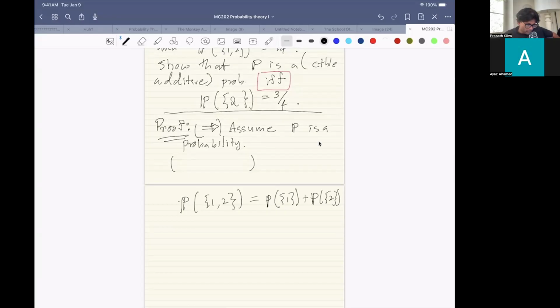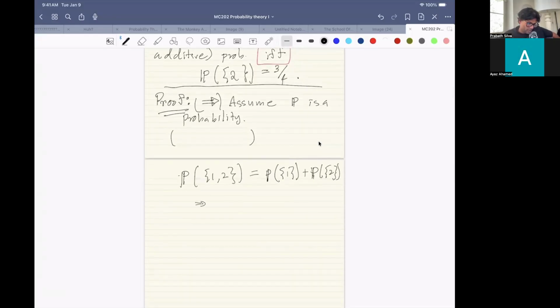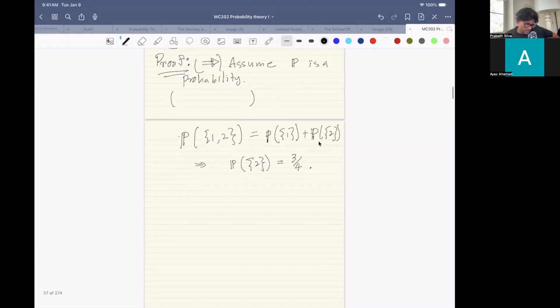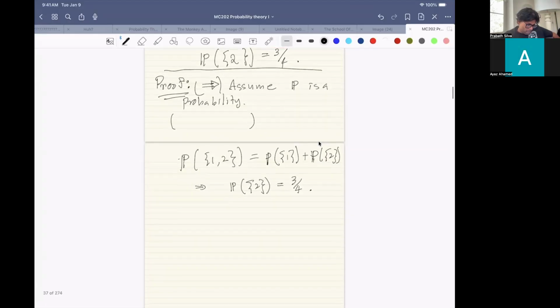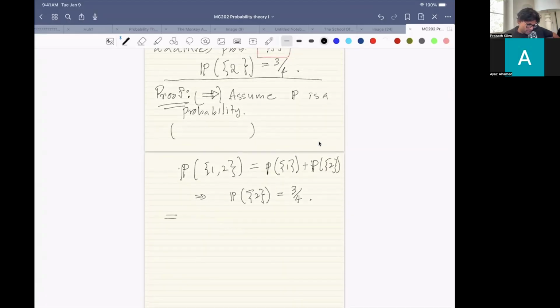And so this will give you P of 2 equals 3/4. You plug in numbers in. So that completes one direction. And now for the other direction,